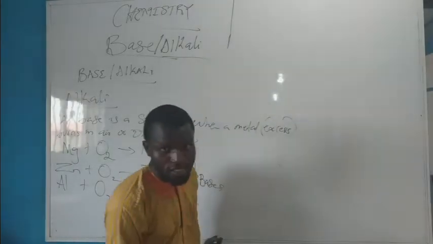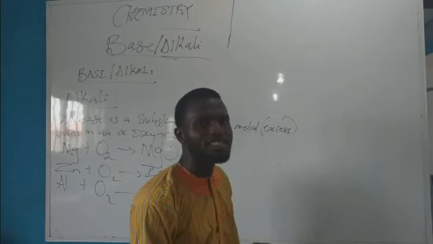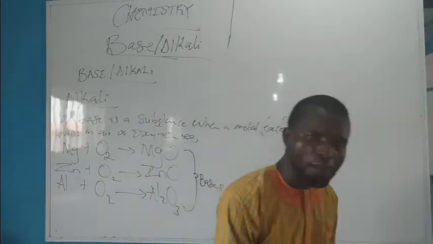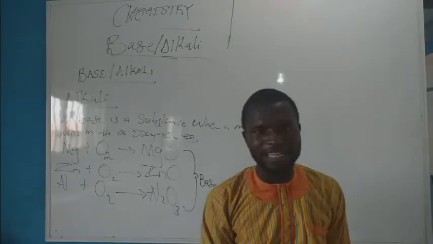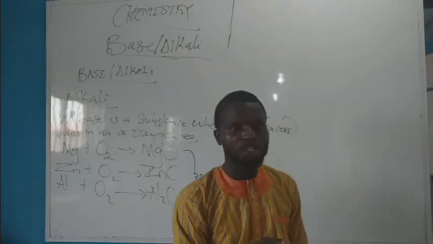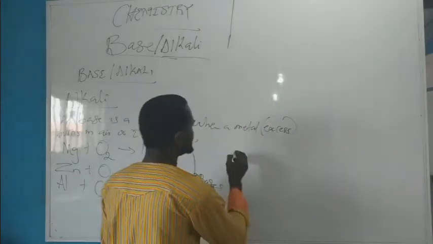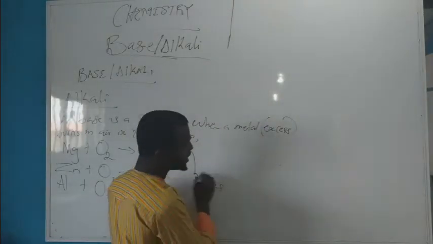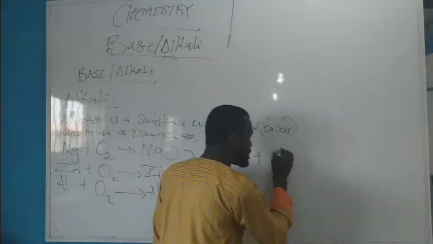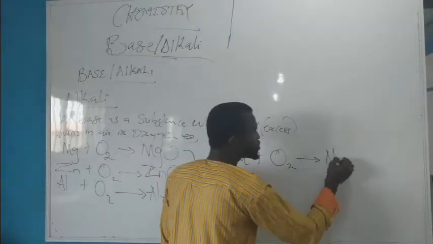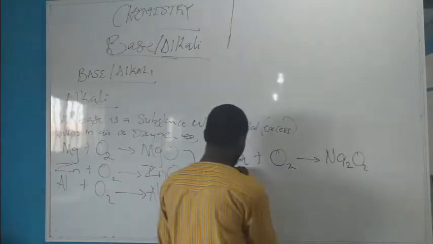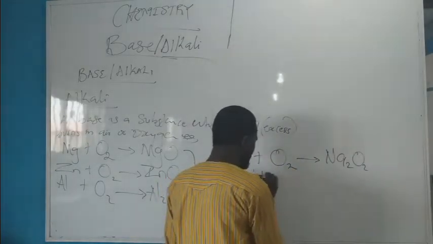This is because when sodium burns in air, it forms a mixture of sodium peroxide and sodium oxide, from which it is difficult to recover the latter, which is sodium oxide, as evident in the equation of reaction. Sodium bonds in oxygen to give you sodium peroxide, Na2O2,